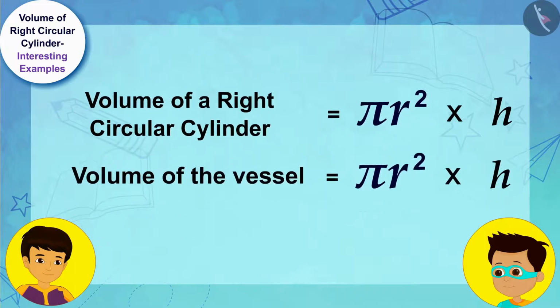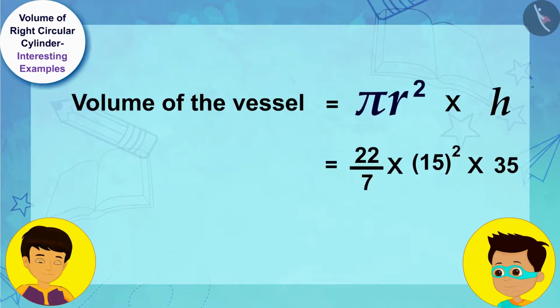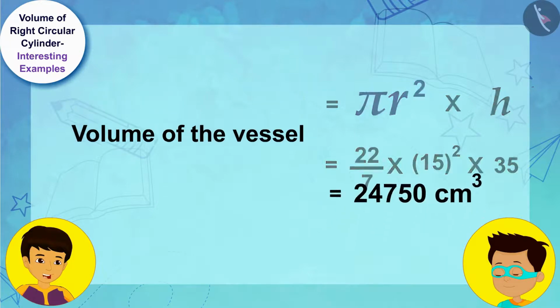Now, for solving this, we will just replace r and h in this formula with the radius of the base of the vessel, 15 centimeters, and height of the vessel, 35 centimeters, respectively. Look, Thomas, the volume of the vessel is